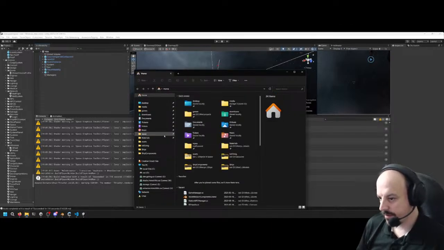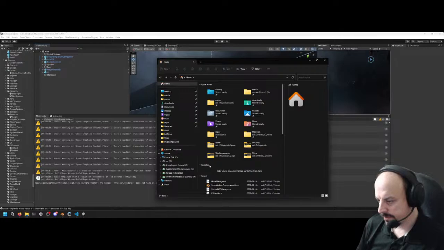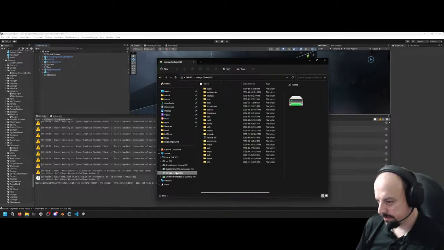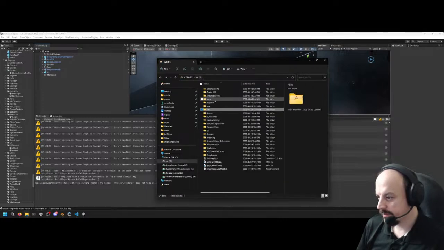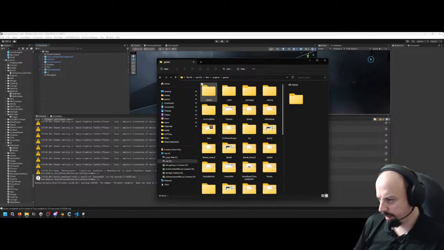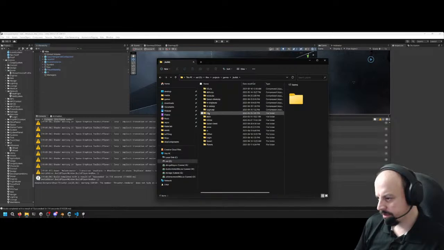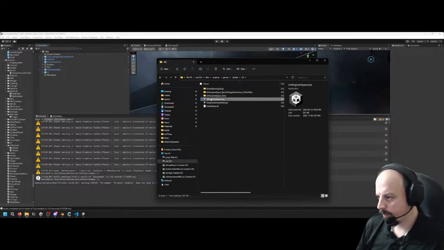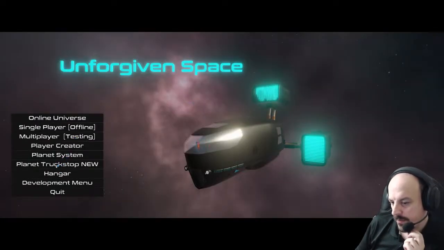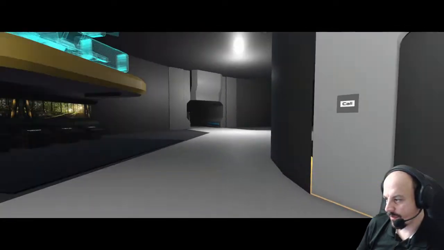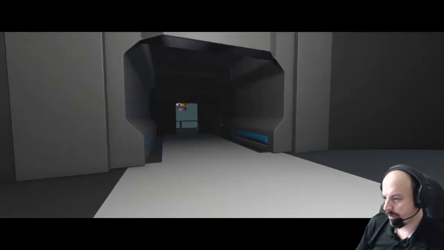Let's go back. And builds US. Planet system. This is the old one.